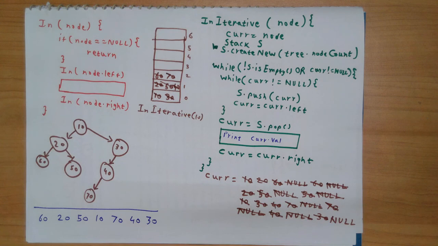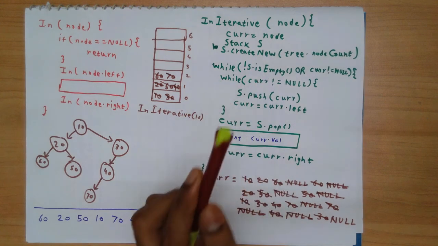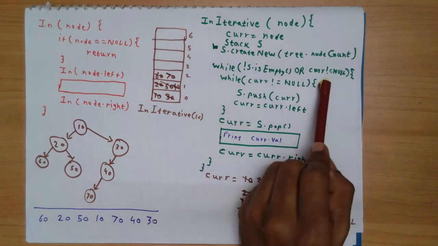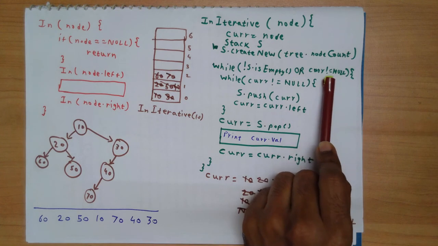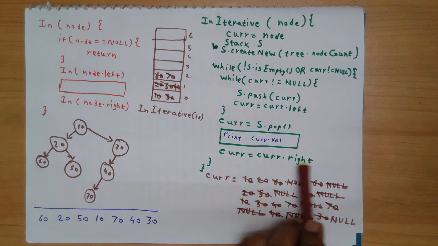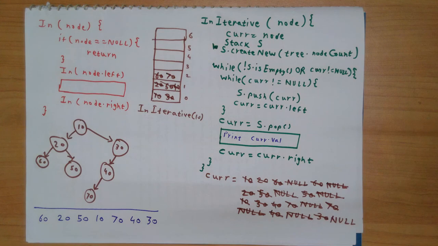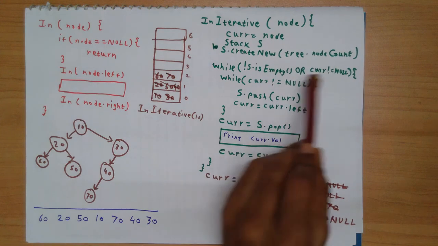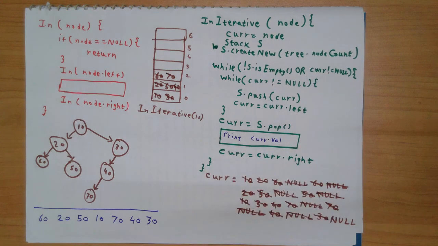And sometimes my stack will not be empty, but all I will have is that my current is null, and that is going to happen when you have the right subtree empty. So that's how both these conditions play an important role in iterative in-order traversal,